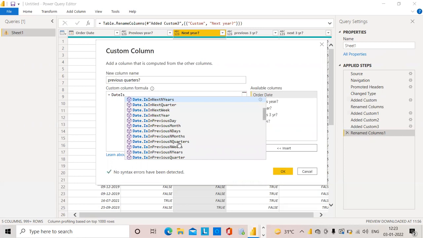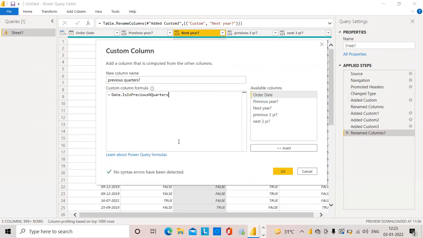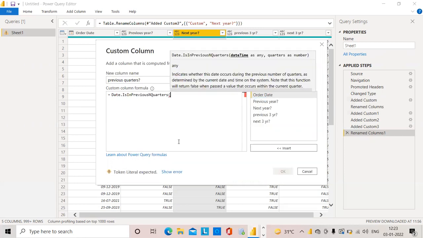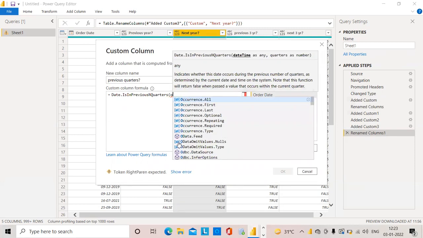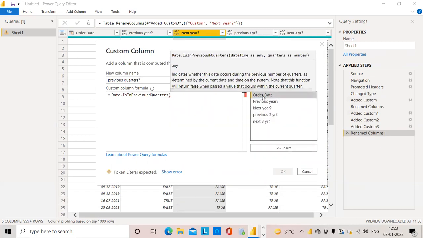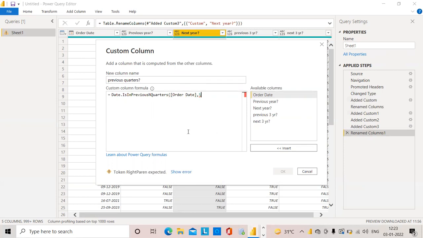We are having a function here. That is previous 3 quarters, 5 quarters, like that. I will write here the order date. Order date I will choose from here. Then for quarters I will give 5 quarters. Let it be, we'll see the result. And click on OK.